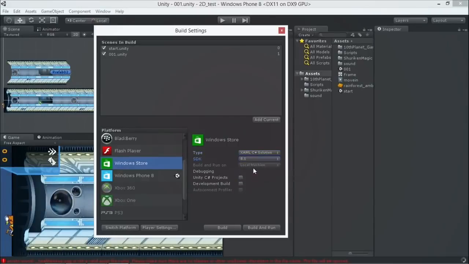I can select the SDK version that I want to build against. You'll notice we've got four of them now. We have the Windows 8 SDK. We've got a Windows 8.1 SDK. We've got a Phone 8.1 SDK. And then